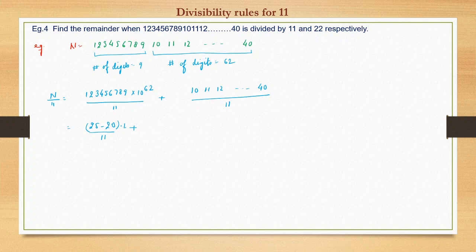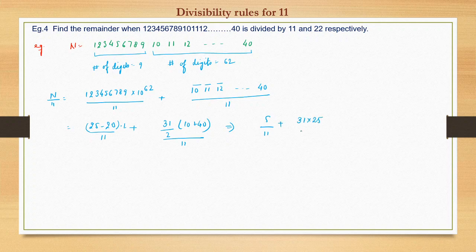In this case we will take the pairwise sum: 10, 11, 12, this way. So what will be the sum? 10 plus 11 plus 12 is an AP series, and 31 numbers are there. So it will be 31 by 2 into (10 plus 40) by 11. So this we can write as 5 by 11 as a remainder, and here it will be nothing but 31